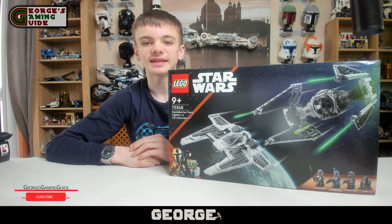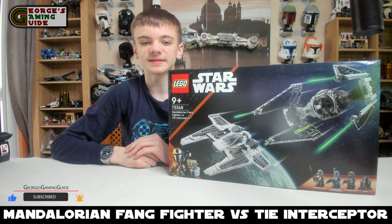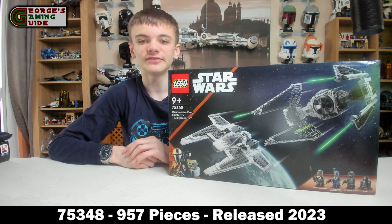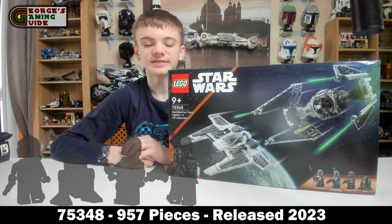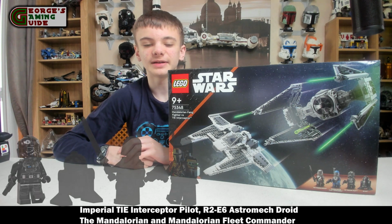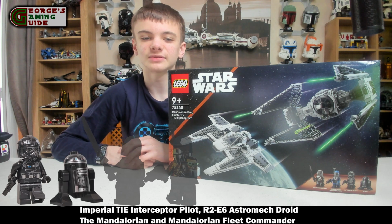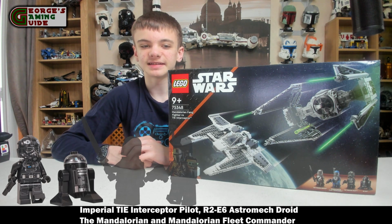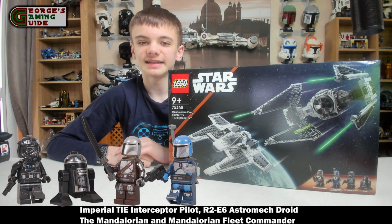Today I'm going to be doing the build and review of the Mandalorian Fang Fighter vs TIE Interceptor, set number 75348, and this is made out of 957 pieces. Now this set does include 4 minifigures, 2 of them are unique. They are an Imperial TIE Fighter / Interceptor pilot and an astromech droid R2-E6. The other 2 minifigures included in this set are the Mandalorian and a Mandalorian Fleet Commander, and the Fang Fighter